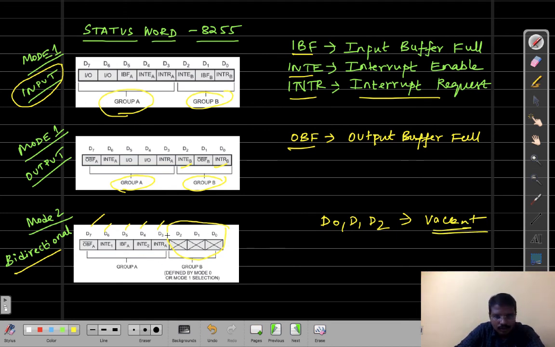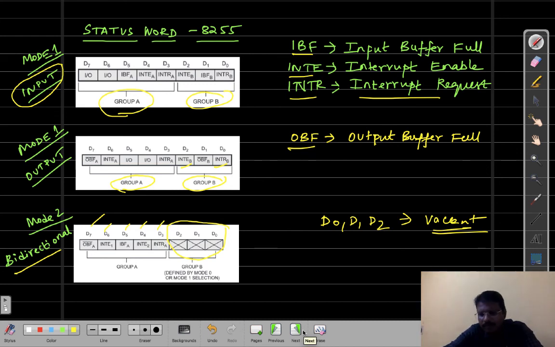But the bits D3, D4, D5, D6, D7 are used for different purposes, namely sending an interrupt request, enabling the interrupt, and giving the status of the input buffer and the output buffer, whether it is full or not. This can be done by writing the corresponding data on the bits D3 to D7.